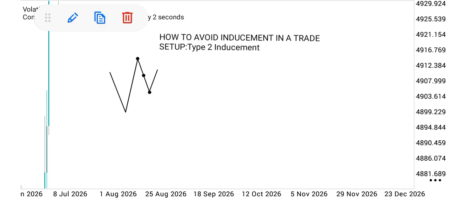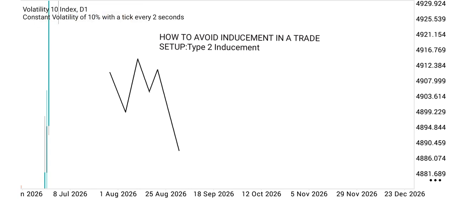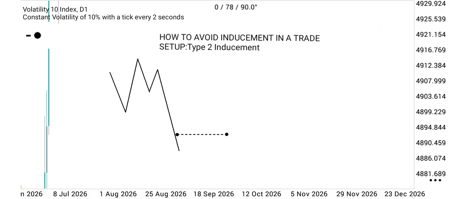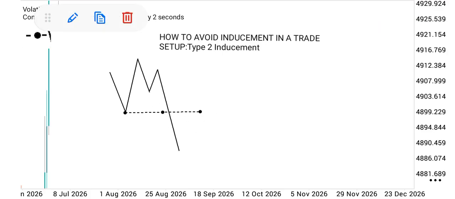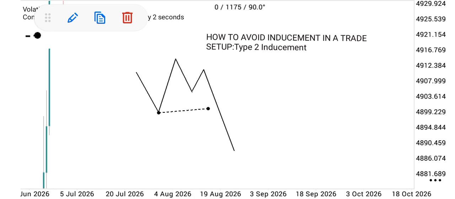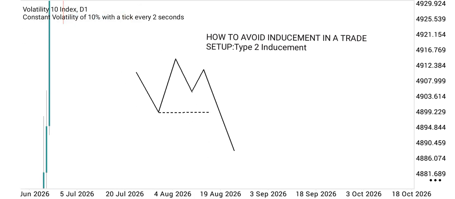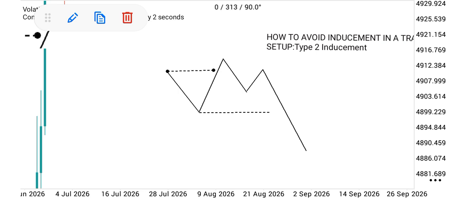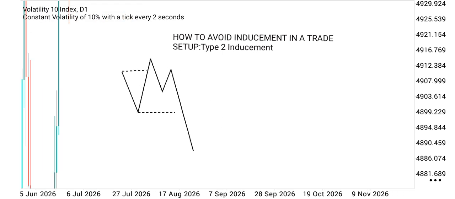So we have something like this. The market gives us something like this. Good. So if the market gives us something like this, we have our break of structure here, downward. Our break of structure here, downward. Our sweep of liquidity, which is this zone, is our sweep of liquidity,